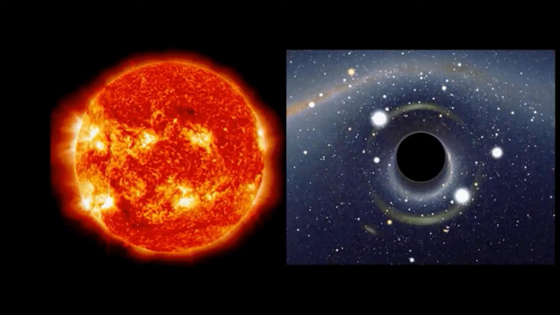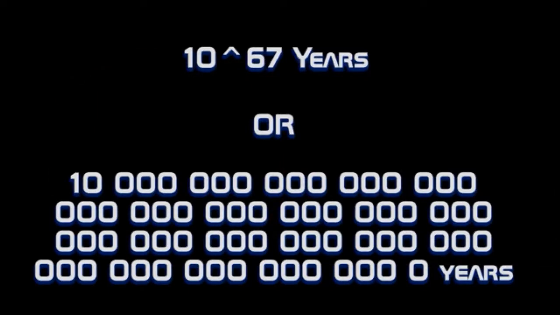For a black hole the size of a sun, it would take a time-bending 10 to the power 67 years to evaporate, while for bigger ones, 10 to the power 100 years. That's incredible. Just so that you know, the difference between these two is 10 to the power 33 times. Okay, enough with talking, let's jump inside one.